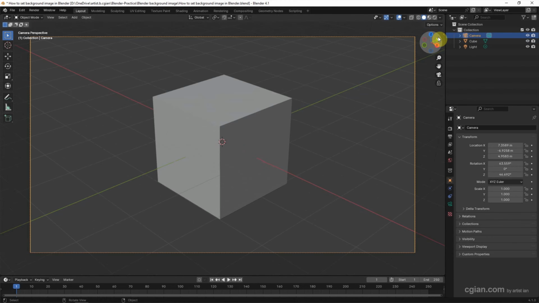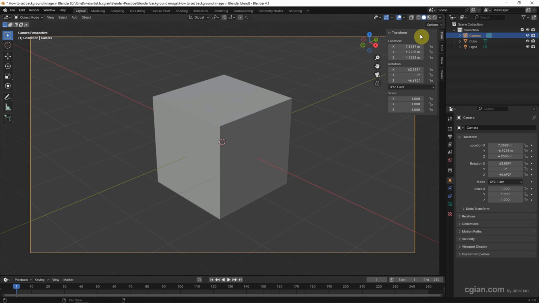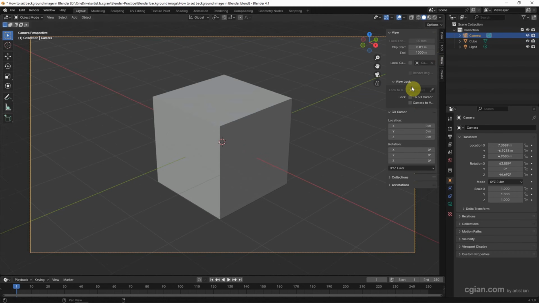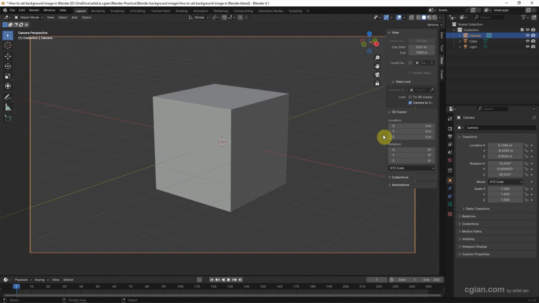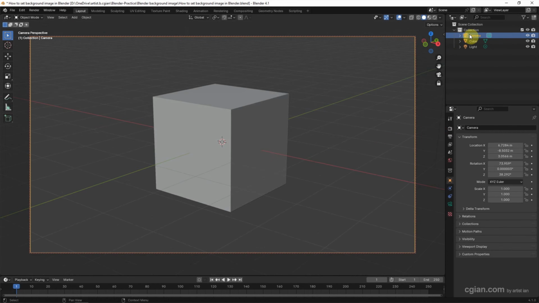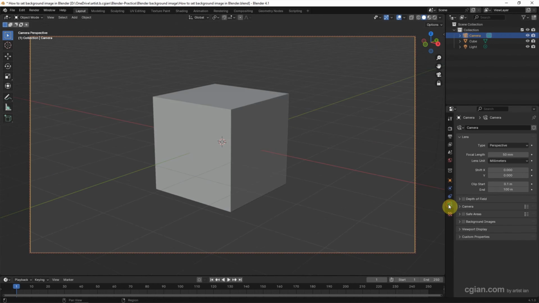And then we can go to the side panel, the Properties panel, go to View and lock camera to view. So we can change the camera angle. Now I close this panel, and then we can select the camera and go to Object Data Properties, and then